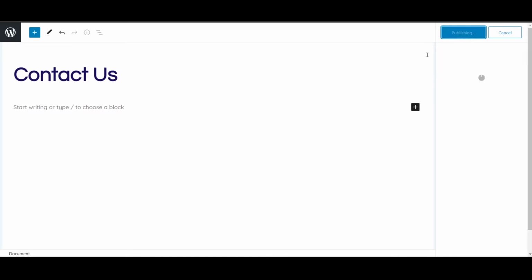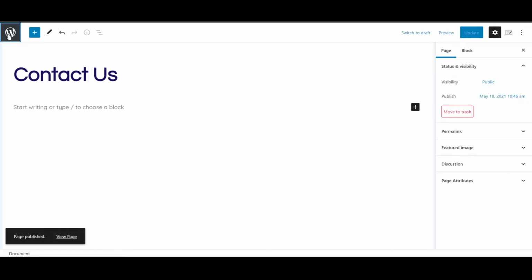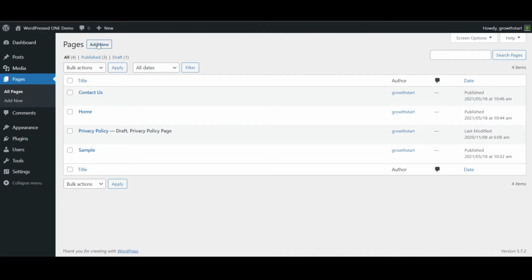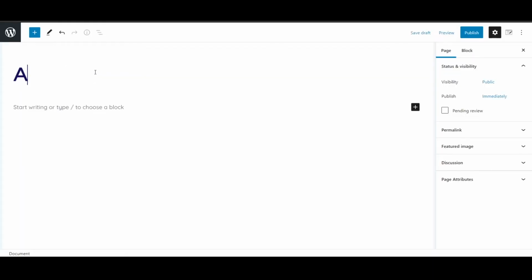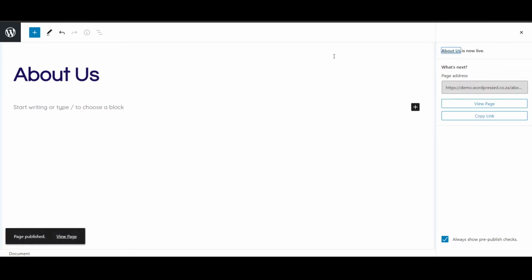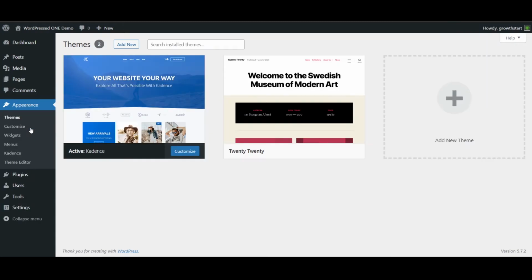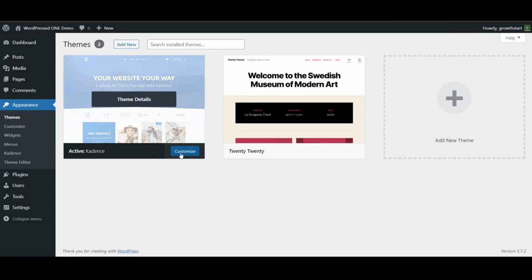Again, all the content for these pages we'll be adding later, so just add your page and click publish. And then we will also have an about page, so add new, name your page, and then again click on publish, and there we go. So now we should have home, about us, and the contact us page. So we'll go back to appearance. We'll click on customize,